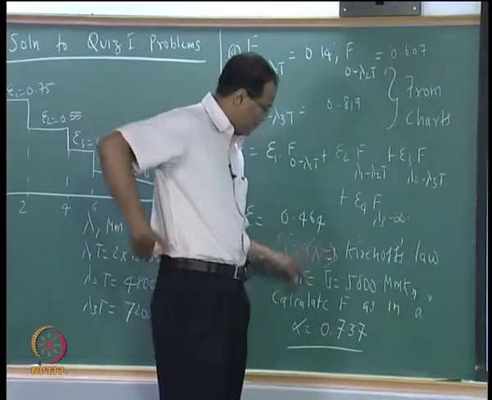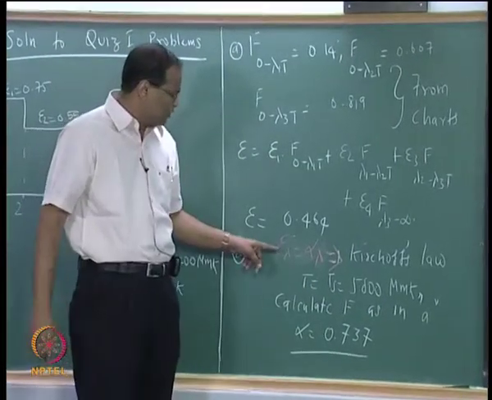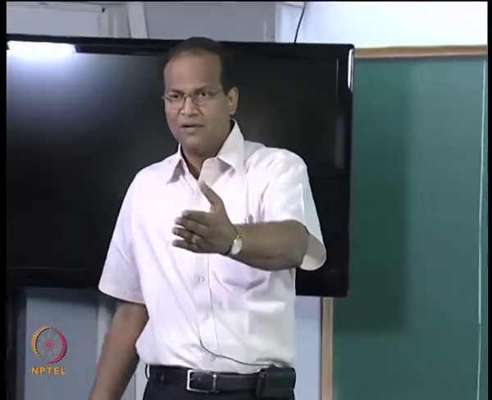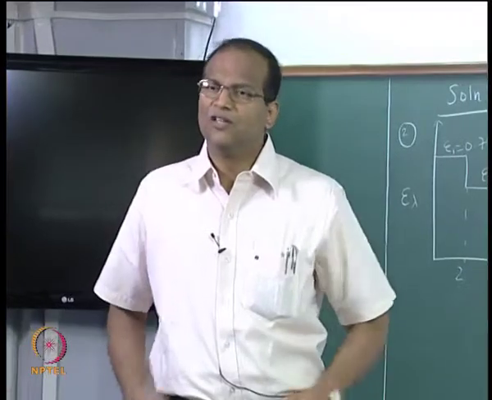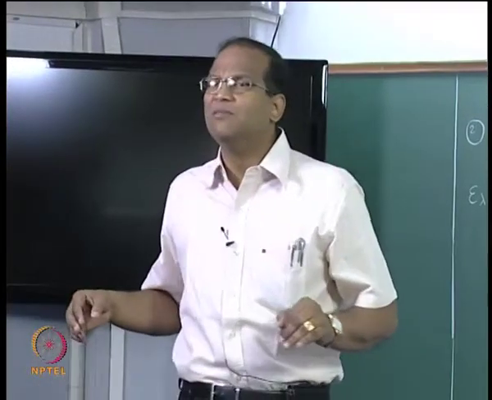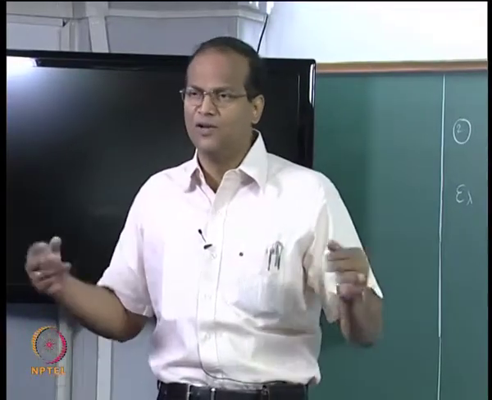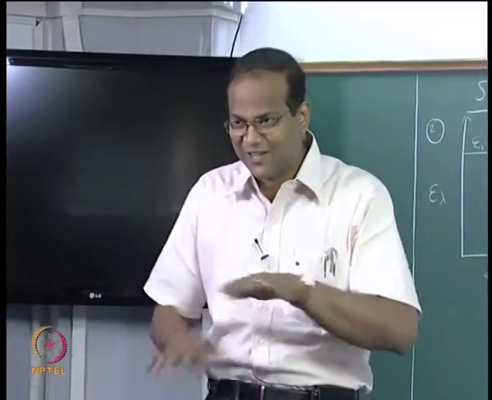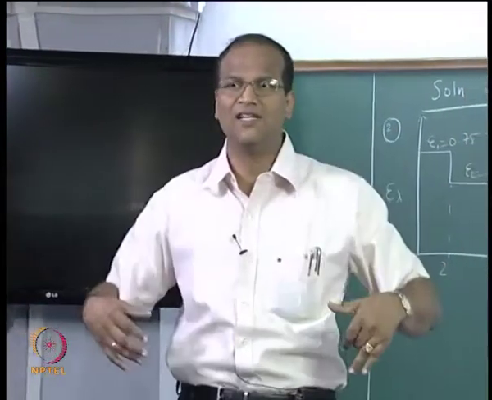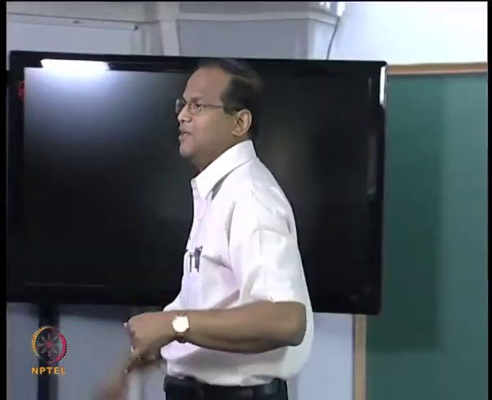you have to use the temperature corresponding to the temperature of the sun. It is fine to use epsilon lambda equal to alpha lambda, because I told you it is a diffuse surface. From Kirchhoff's law, you know that emissivity is equal to absorptivity, that is spectral. But you should not make the mistake of taking T to be 1200 Kelvin, and then calculating alpha also equal to 0.464, which is not correct. Alpha is basically the absorptivity of the incident radiation. The incident radiation is coming from the sun, so you have to take the temperature of the sun.